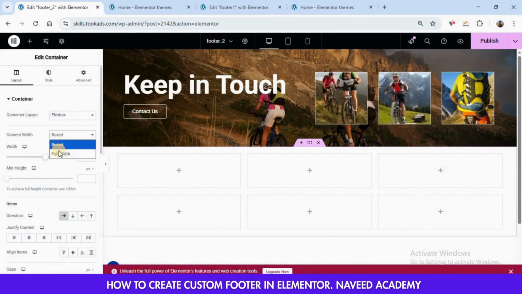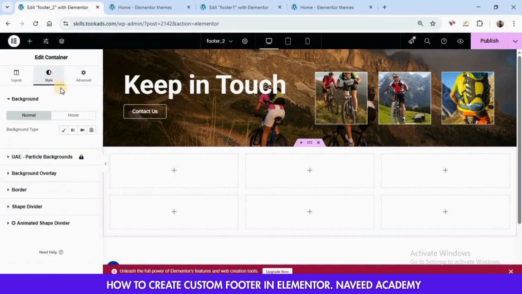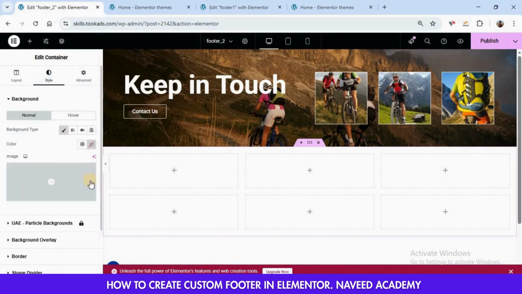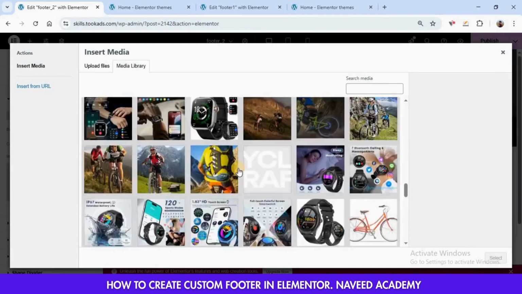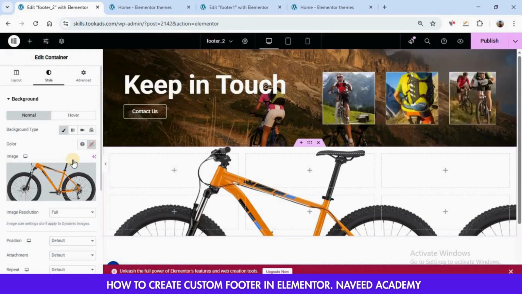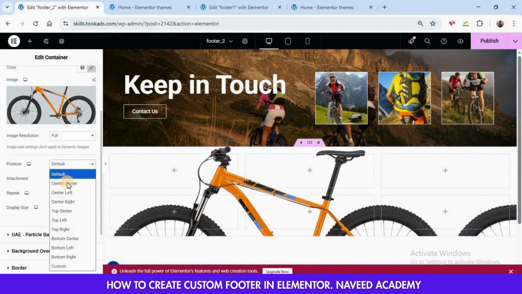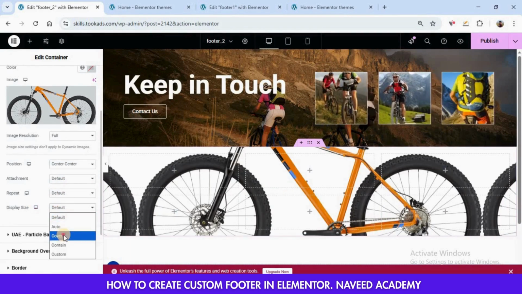After that, go to content width and set it to full width. And now go to style and go to background type and set the background type. Choose the image for your background. After that, go to position and set it to center and set the display size to cover.